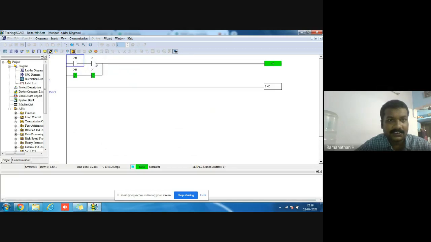Here you just see the NOs only. 0 1 gives 1, 1 0 gives 1, and 1 1 gives 0. These are the XOR.